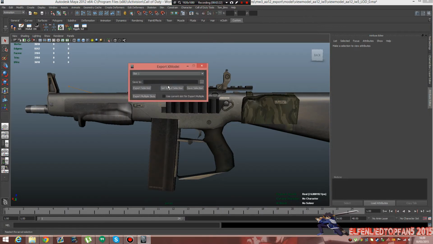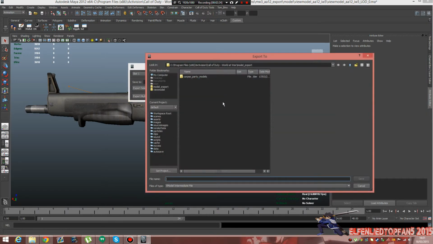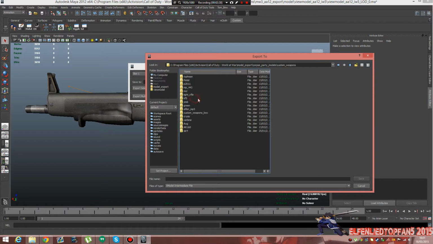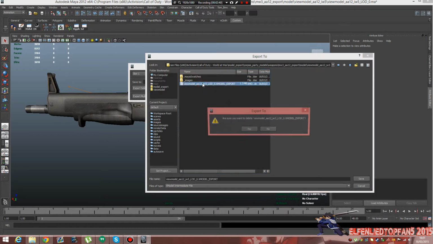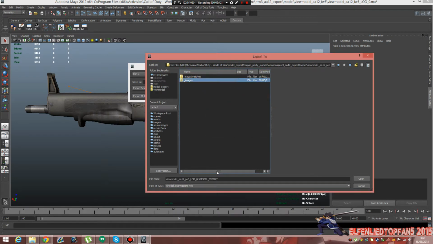So export X model and go into weapons, Aa12, and then model, and then I'm going to save this here. I'm going to name it